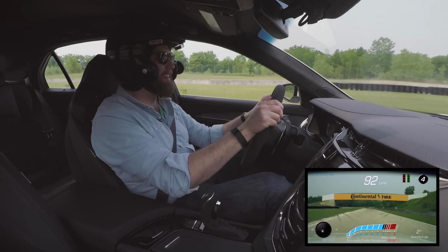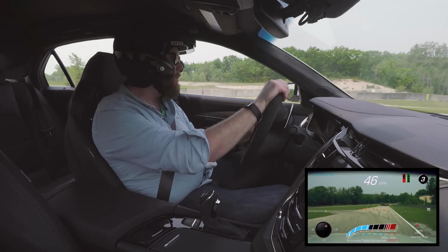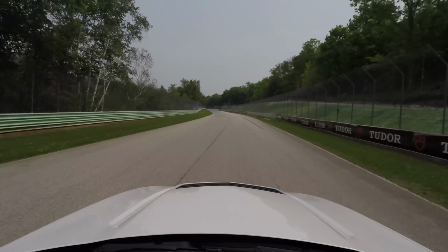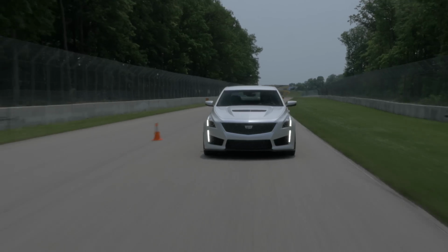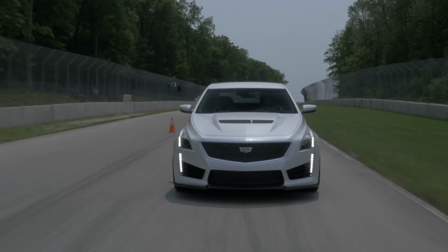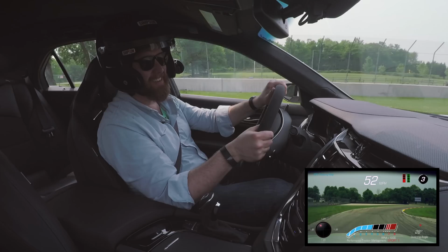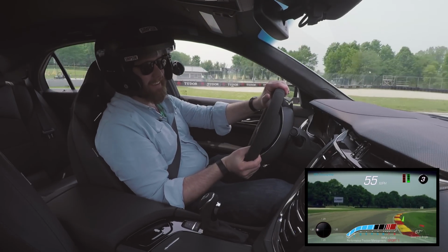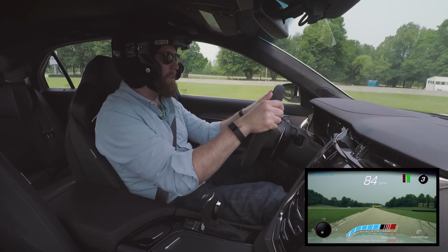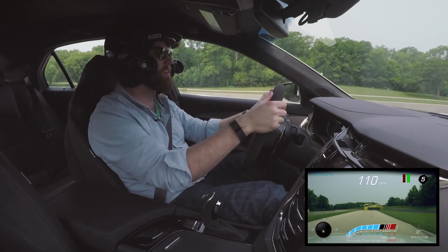It's not delicate like a Miata going around the track for sure, but there are moments mid-corner where I'm just a little bit surprised at what this car is able to do. We noted when we were driving on the roads around Elkhart Lake that you definitely hear the supercharger in the car. There's no question. Even if you're driving it not that aggressively, you can definitely hear the whine. So you really have to either be the kind of guy that likes supercharger whine or doesn't. But man, if you do,